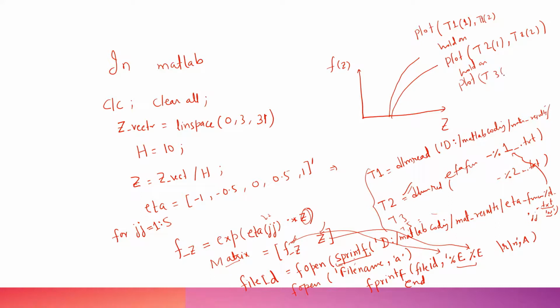And similarly plot, hold on, we will write a command T3 of 1 comma T3 of 2, and hold on, plot T4 of 1 comma T4 of 2, hold on, T5 of the value, and so on. So each value we will plot, and then it will show the results like this. So we'll see in MATLAB how we perform this function. So let's start.